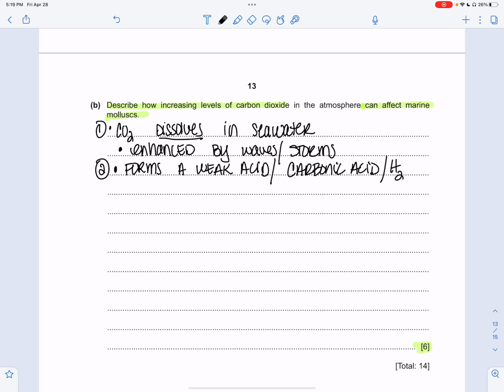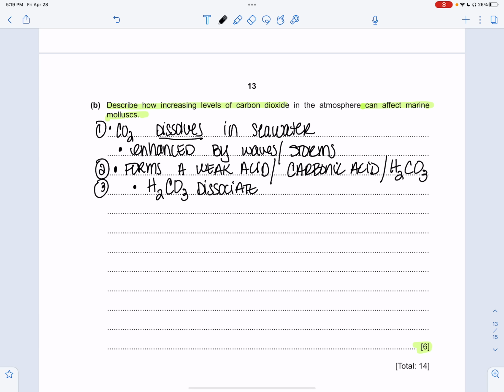Or you could say H2CO3, which is what it is. All right, third step. The H2CO3, and now I'm going to talk about it in terms of its chemical formula. I'm not going to keep writing carbonic acid. H2CO3